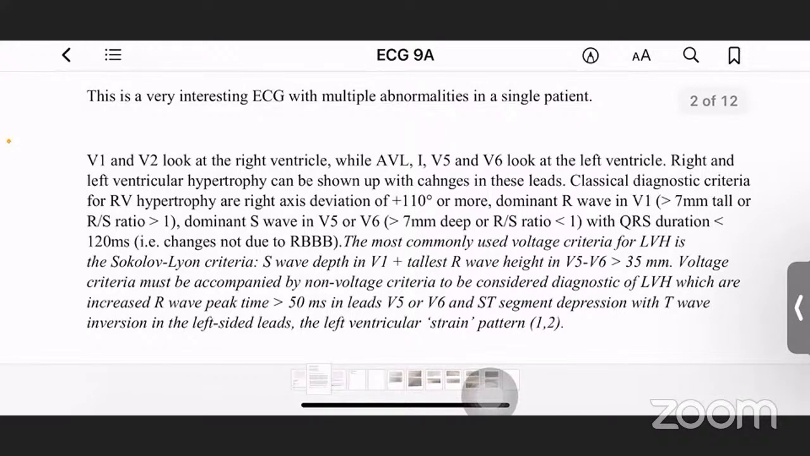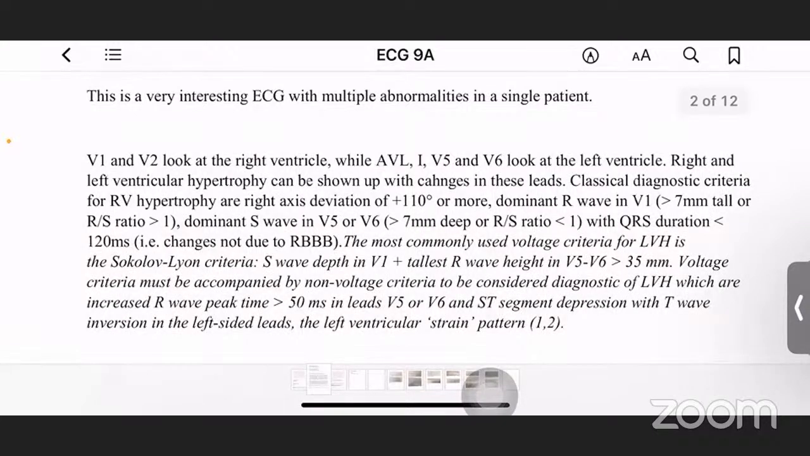Classical diagnostic criteria for right ventricular hypertrophy are right axis deviation of positive 110 degrees or more, dominant R wave in V1 more than 7 mm tall, or R to S ratio of more than 1. Dominant S wave in V5 or V6 more than 7 mm deep, or R wave to S wave ratio of less than 1, with QRS duration of less than 120 milliseconds,